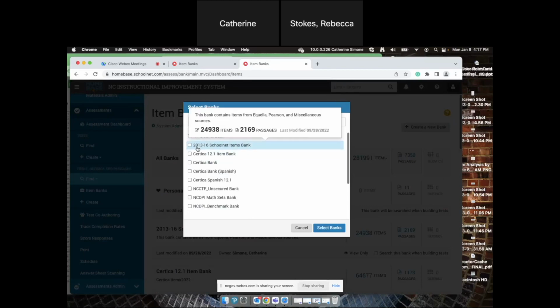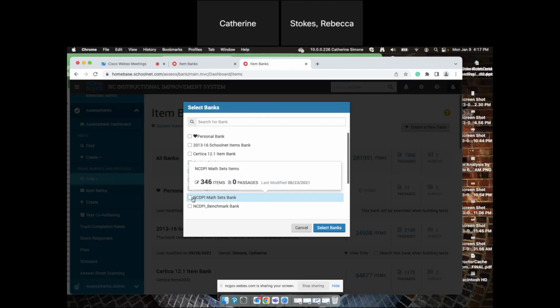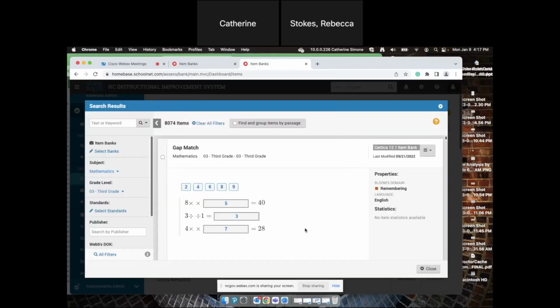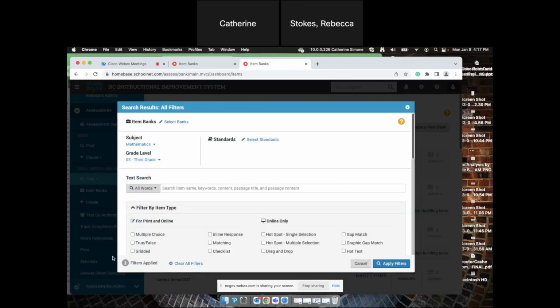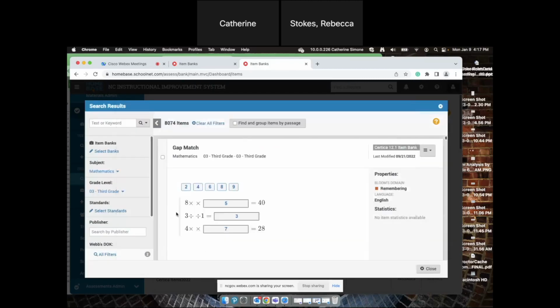I can choose here if I just want the math sets, but if I don't choose any, my filters are already in place for my subject and my grade, but it's going to limit my search to only the item banks that have the checkbox that I had chosen. And that should help the people that are having difficulty with